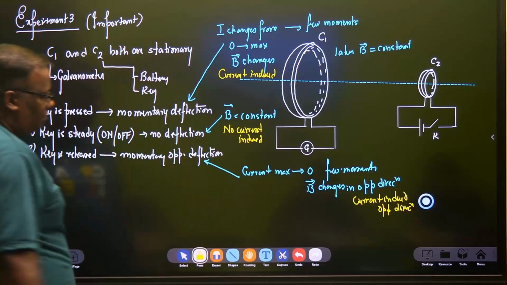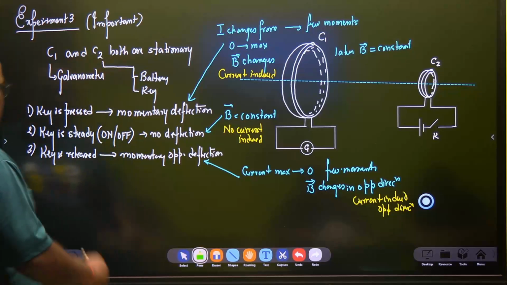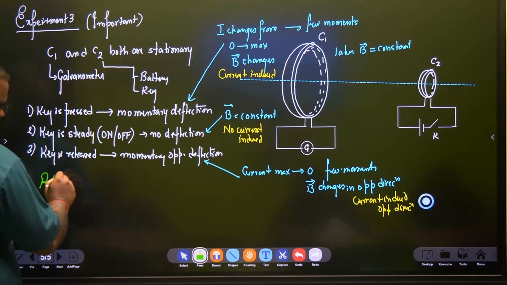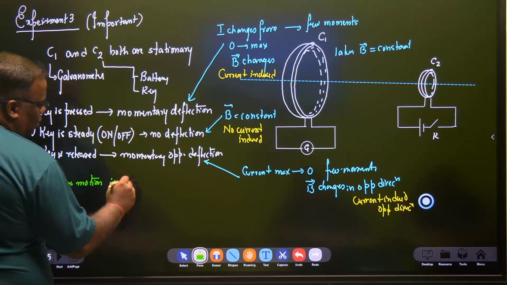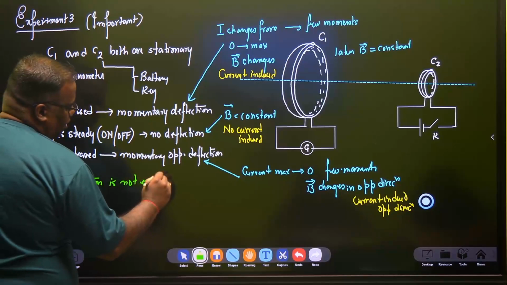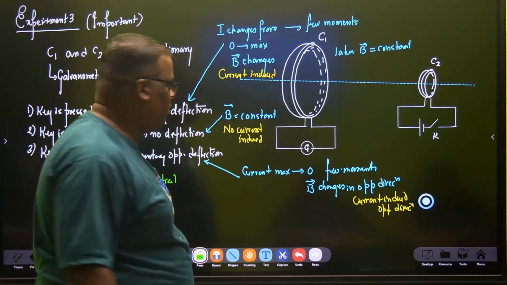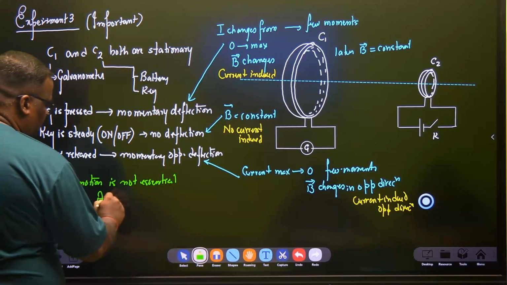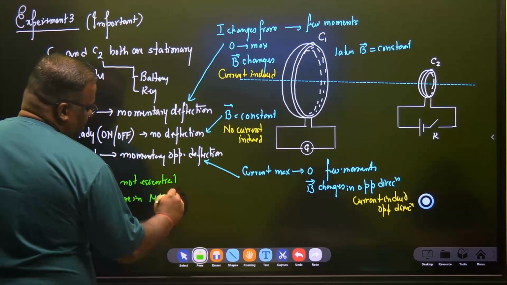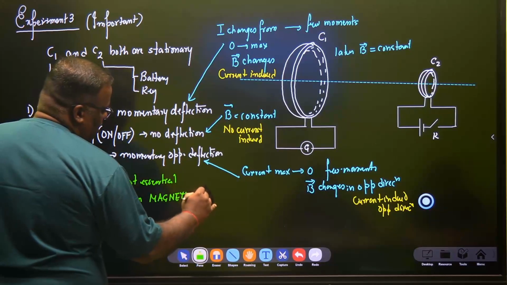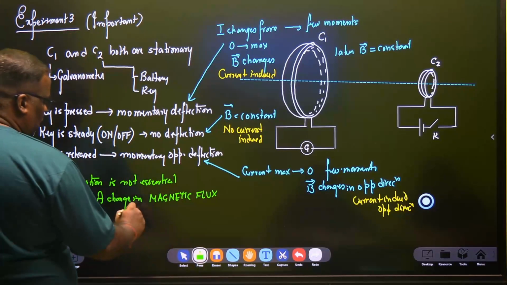Write down. You can write down your conclusion. Relative motion is not essential. Relative motion, this is an interesting chapter, is not essential. What is essential is a changing magnetic field. So you're right. A change in magnetic, a change, I'll use a new word now. A change in magnetic flux. You don't know what is magnetic flux, you just gulp it now. A change in magnetic flux with the